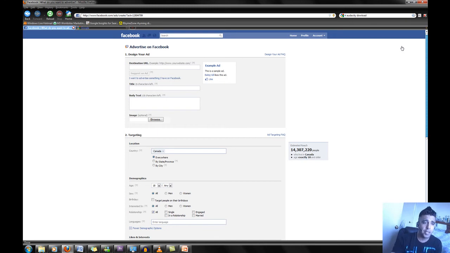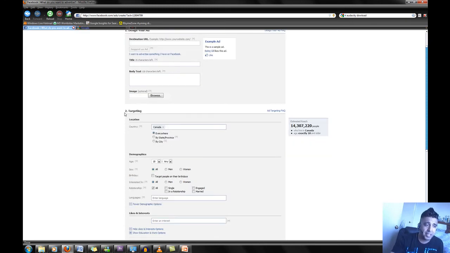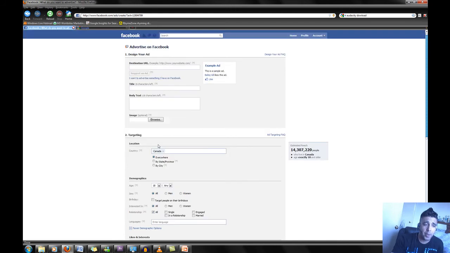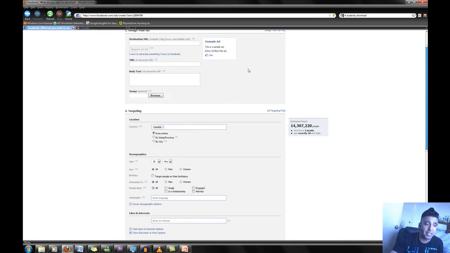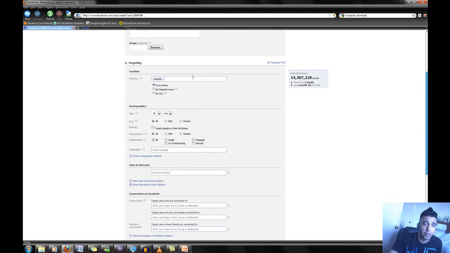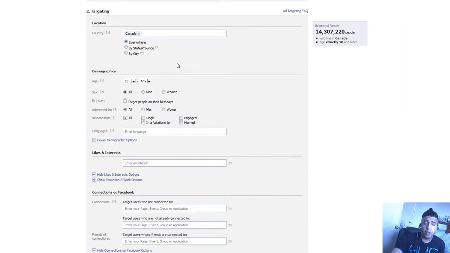Since I do this so many times, you can see I could already see step 2, targeting. You might not be able to see that on your screen. You might only have step number 1, design your ad, and you might have to fill it with some jargon first. So just put in blah.com and a fake title and description and just hit the next icon, and that will then allow you to see this targeting screen that I'm looking at over here. So this is really where you want to be, because right now it's showing me that